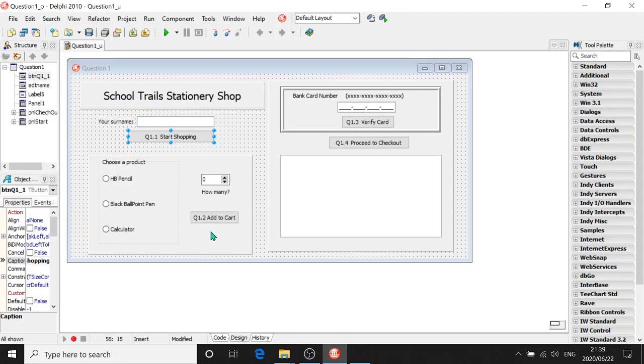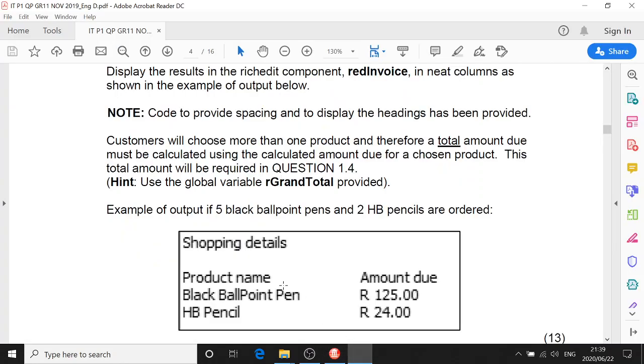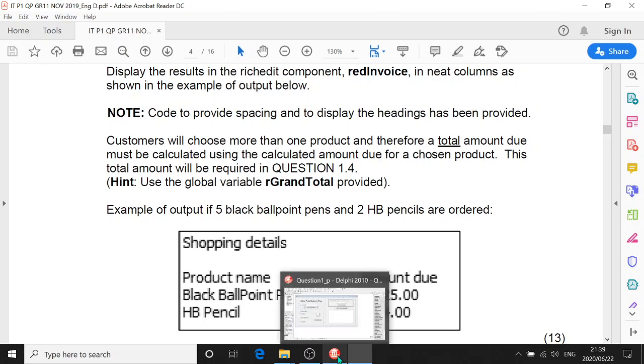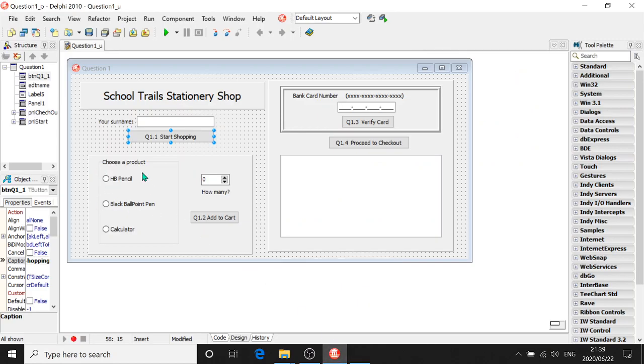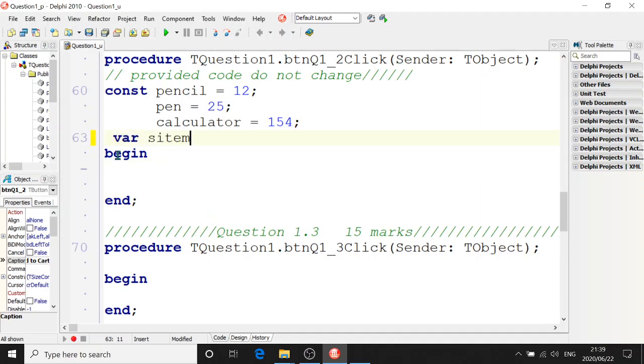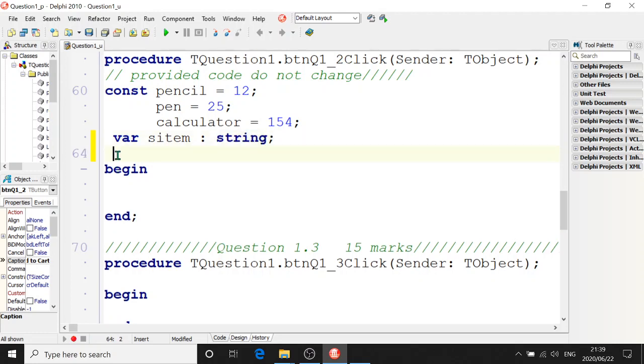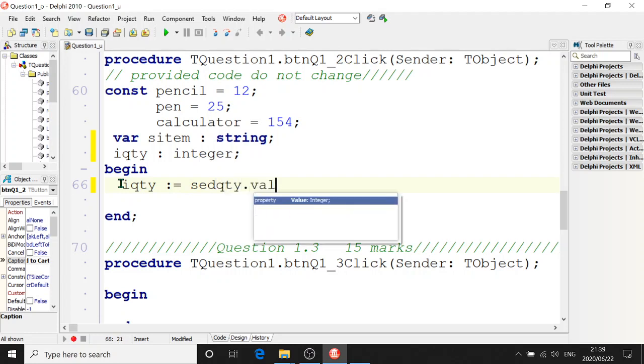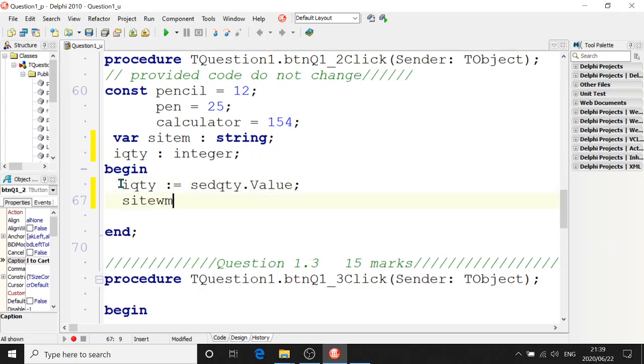Right, so let's go and get our item. We have to actually display the product name, so we do need the actual item name from this radio group box here, so that was quite tricky. So I'm going to get a variable. Here's our constants right there, var s item string, and I quantity integer. Well, our quantity is easy. Our quantity equals SCD quantity dot value, and S item will be equal to